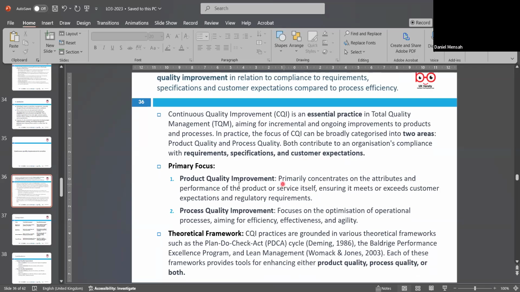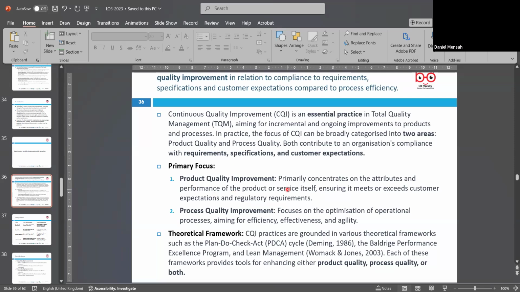If we see the primary focus of these two approaches, product quality improvement is primarily focused on the performance of the product or the service itself, enhancing the performance or quality of the product. So they try to meet the customer expectation